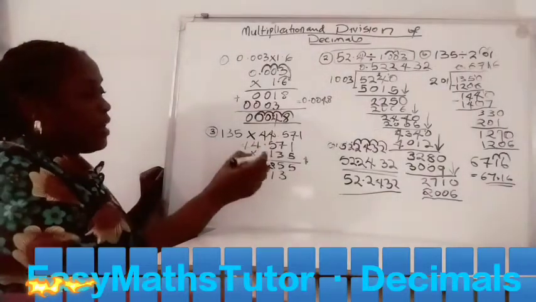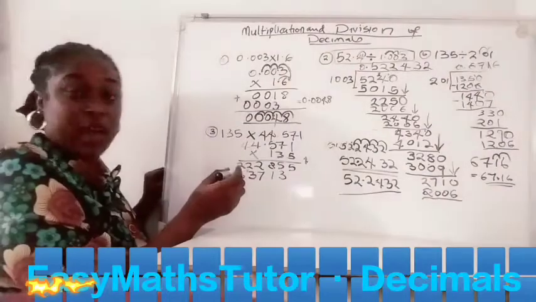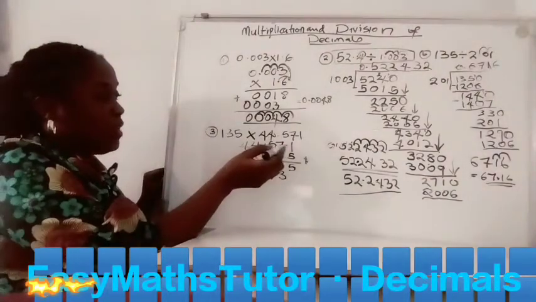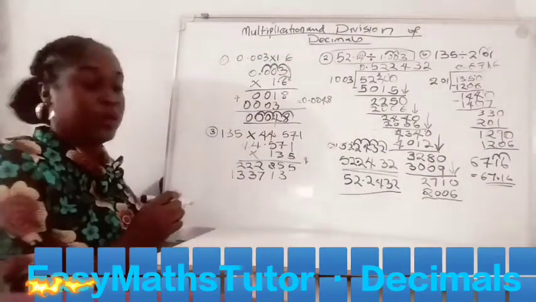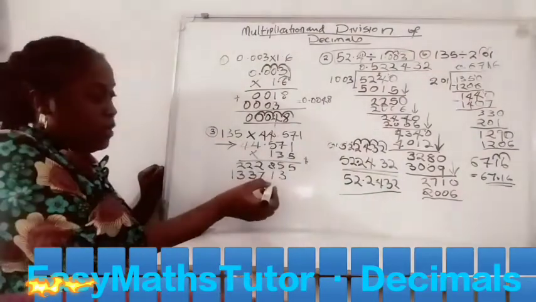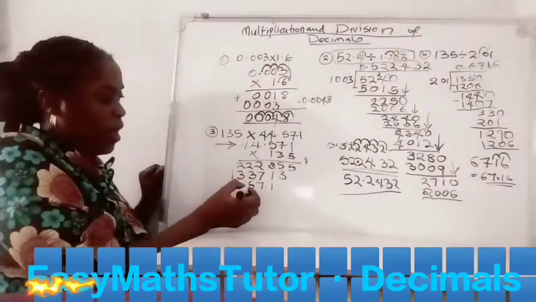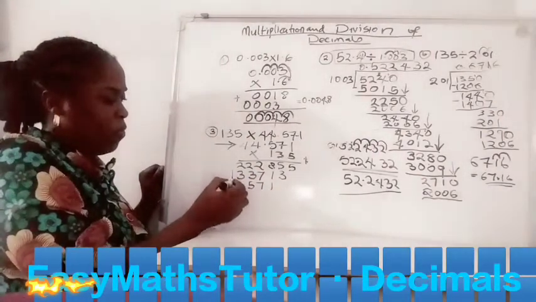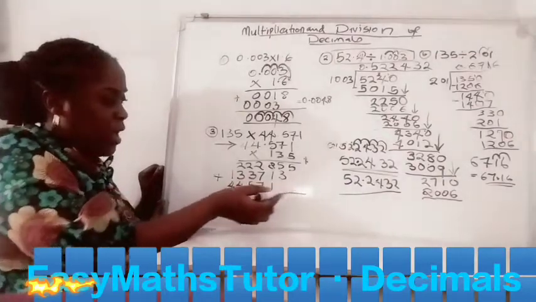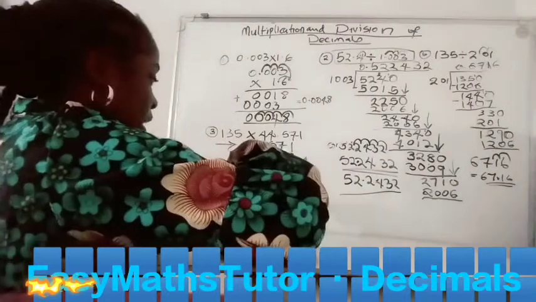And then we have the final digit of 135. So 1 times a number is the same number. So we'll write out this figure under 1. Okay? So we'll say 4571. So we're going to add this up. So if we add this up, we'll have